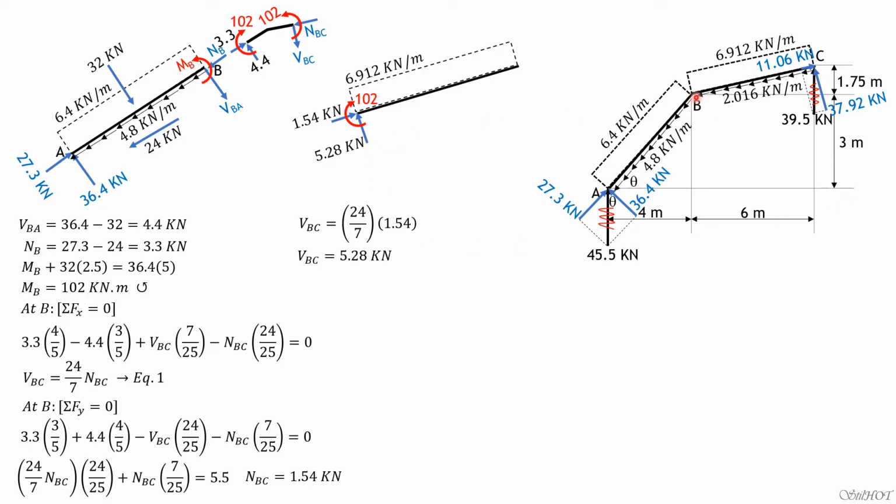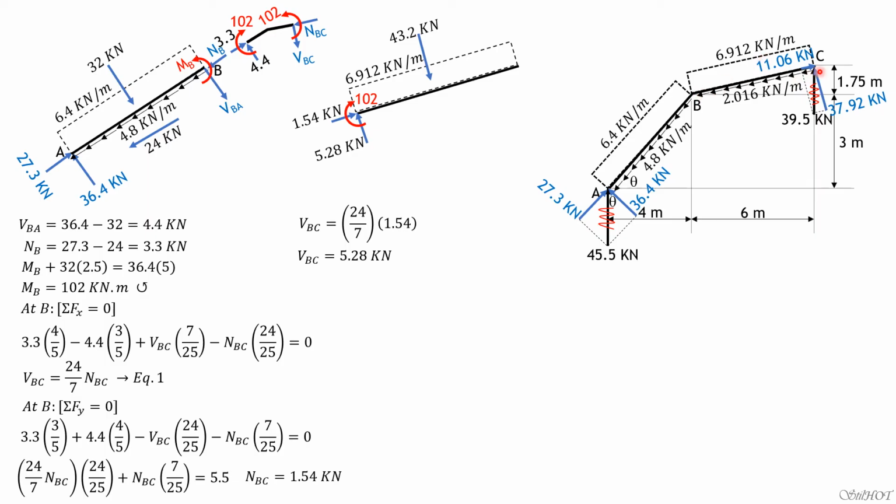This is now the details of portion BC. So remember, normal BC is 1.54, so it is going left here. So when transmitted to BC, it's going right. The shear in BC is downward, where is that? 5.28. So in member BC, when transmitted, it's going up to the left, which is 5.28. Then at the right end, we have